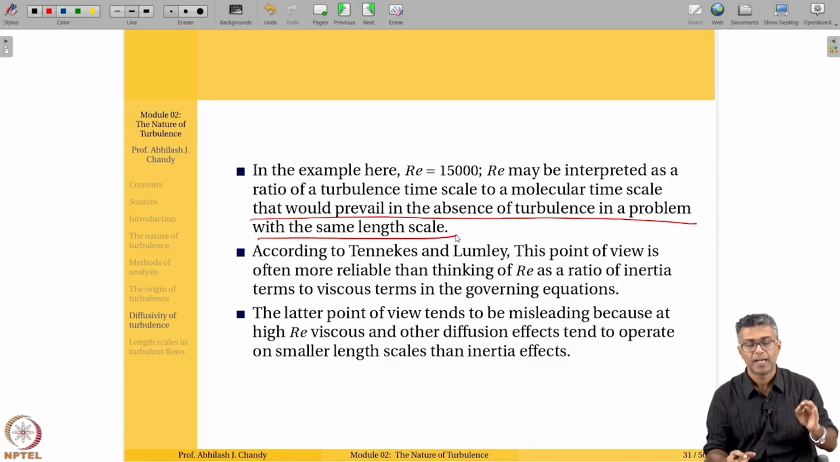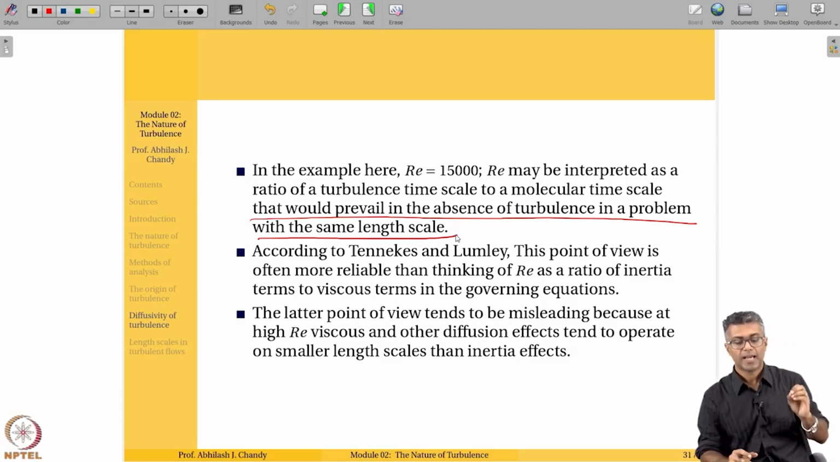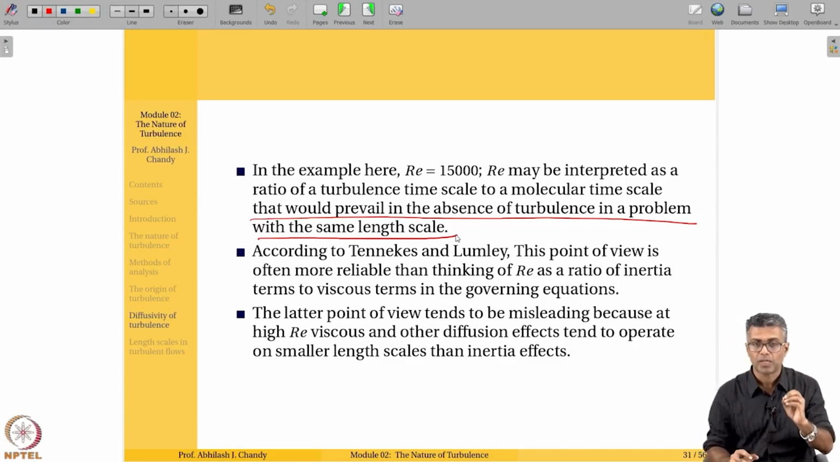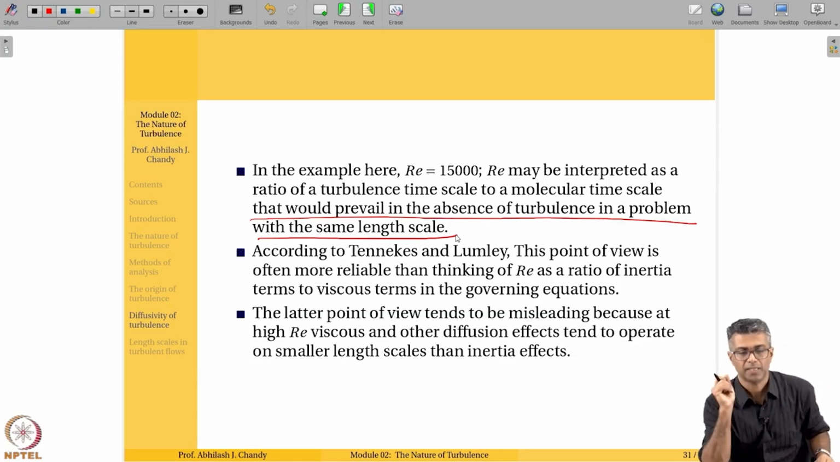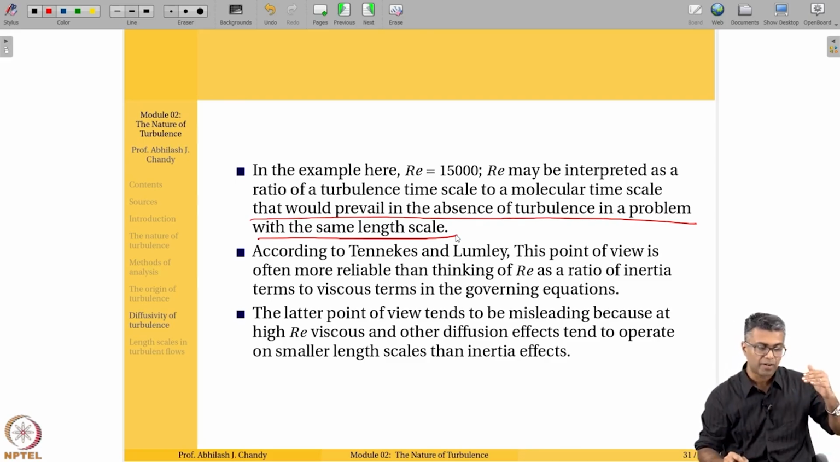Nothing wrong with that. According to Tennekes and Lumley, you want to consider the Reynolds number more as a ratio of the turbulent time scale to the molecular time scale, as in the ratio of time scales rather than the ratio of the forces, the inertia to the viscous terms. Why is that? According to them, this ratio of inertia to the viscous terms in the